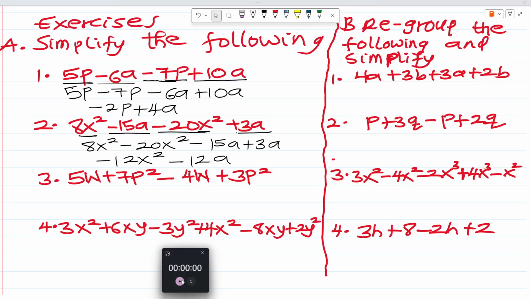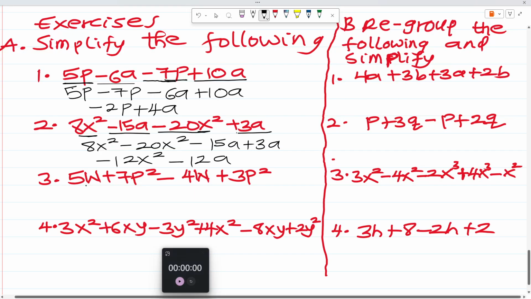If you were able to solve the question, then you are good. But if you are not able to solve it, there is no need to worry about it. So this is how we solve it. So we group like terms. There is w here. We scan through the expression. This term, is the w here? No. Is the w here? Yes. So we have